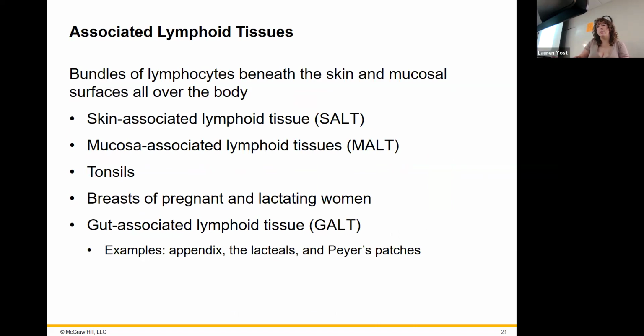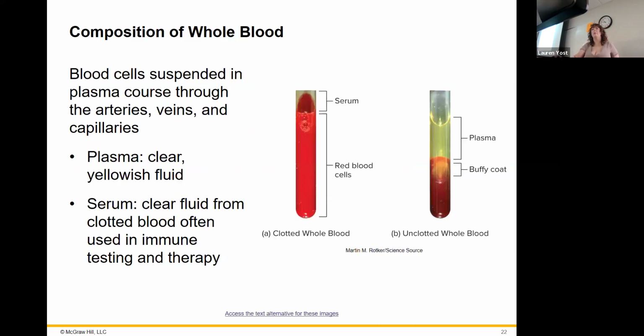Associated lymphoid tissue works like a lymph node, but isn't in a lymph node. All right, blood itself. We have mentioned this a little bit because we talked about this when we got into ELISA, but there's going to be a difference between plasma and serum. In plasma, there is some sort of clotting prevention chemical in there